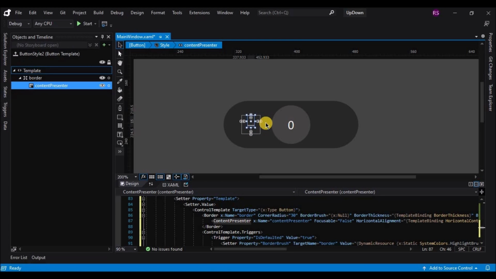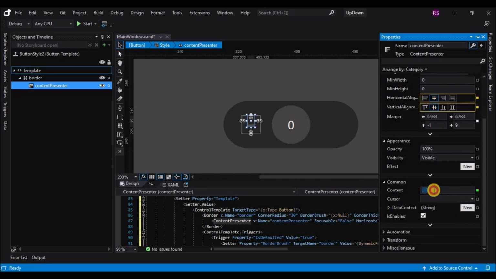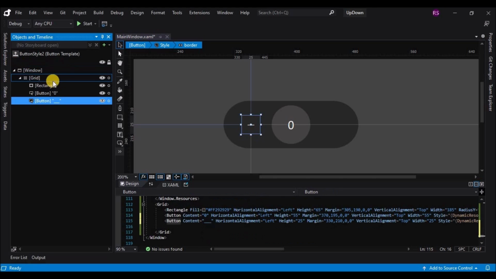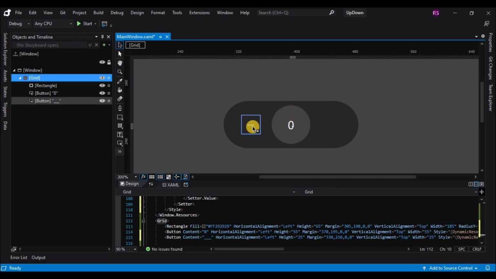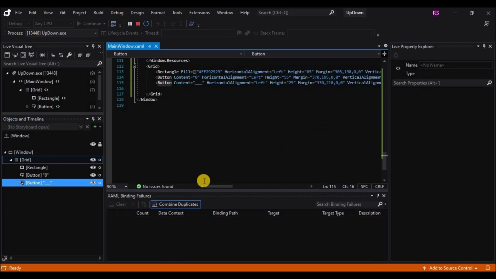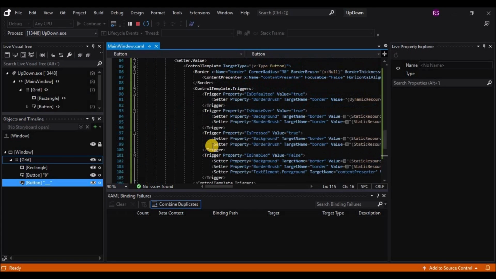So that's it, guys. Okay, so we have a button ready. I'll go back to the window. I'll make a copy of this button that I've created. So let's make a copy of it by holding on to the Alt key. Before that, let's run the application and see it. Yeah, so you can see when you click on the button, it is highlighted to a lighter shade of gray. Okay, so that's done. Let's stop the application.